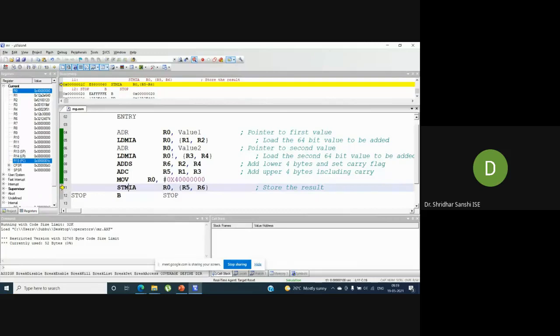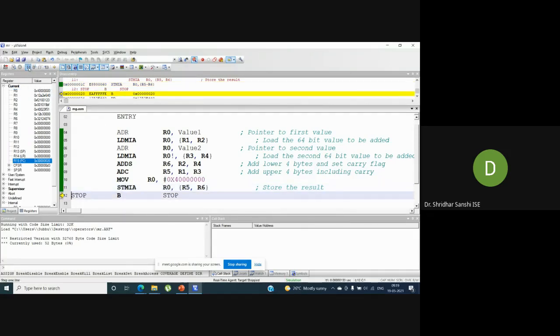What does this STMIA mean? IA indicates increment after, and STM indicates storing the values. So the R5 and R6 values will be stored in the memory starting with this address. There is no exclamation symbol, so the register value is not changed.